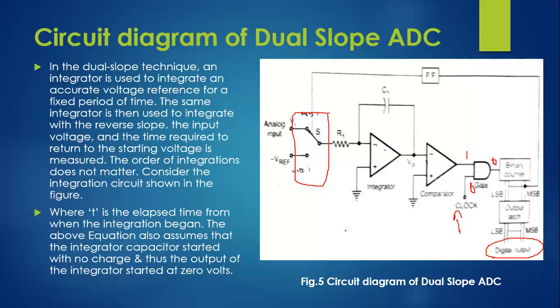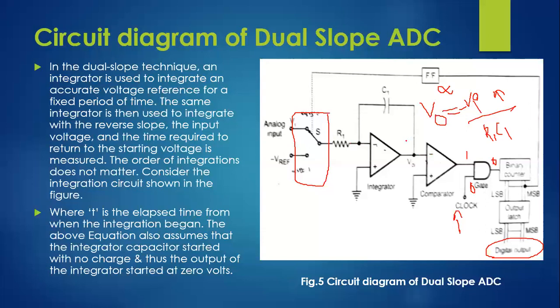The slope of the circuit is considered to be V0 equal to Vi by R1 C1. Now since it is connected to the negative input of the amplifier, you will be having minus Vi. So as Vi increases, this V0 also proportionally increases, but in a negative direction. It will keep on increasing as Vi is increasing, so it will reach till 0.